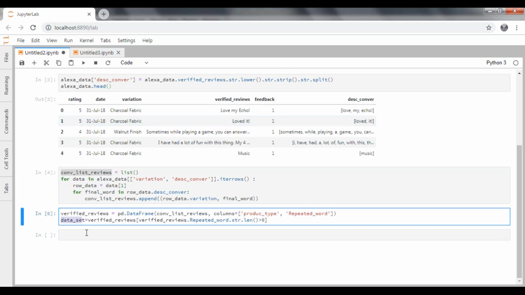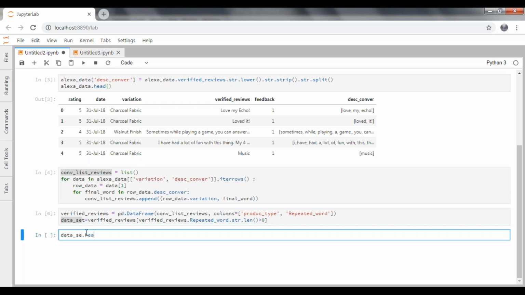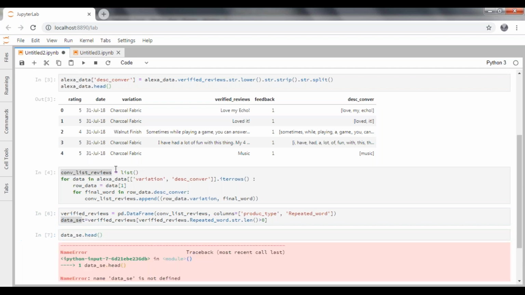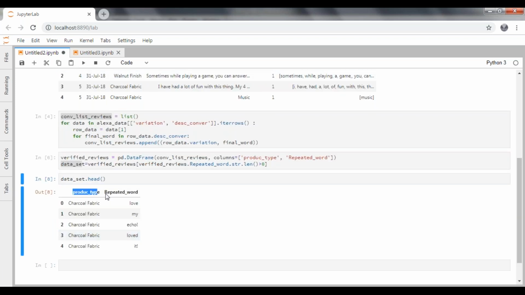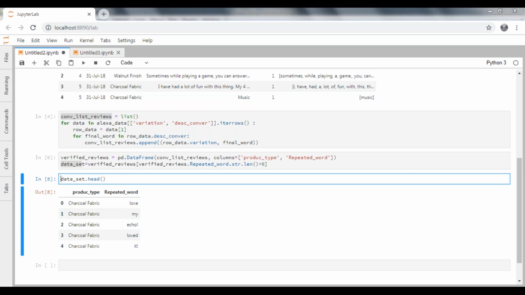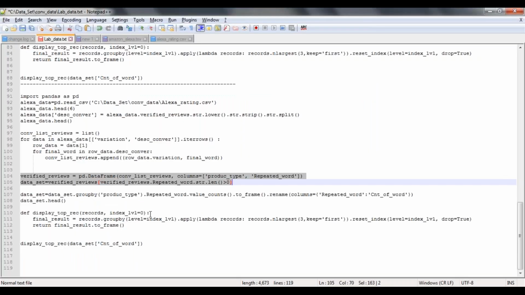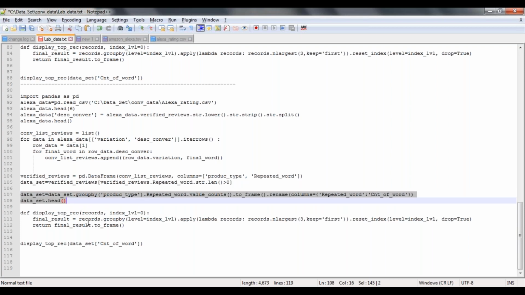And if you can have a look here, you can see product type and repeated word. So charcoal fabric, product type, and the repeated word one by one. So these are the first 5 records. Now, once you have the data, we are going to be grouping all our data by using